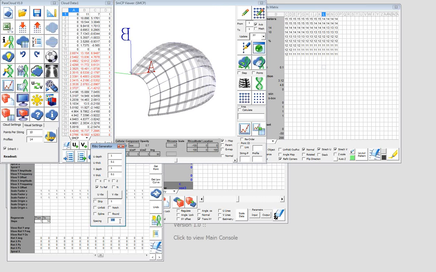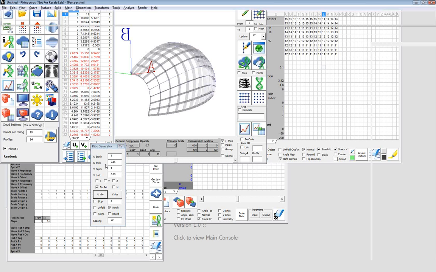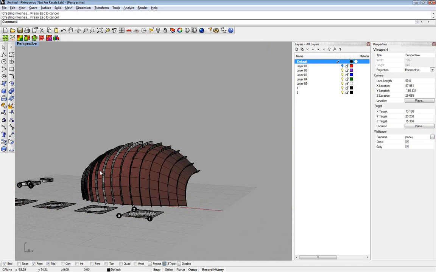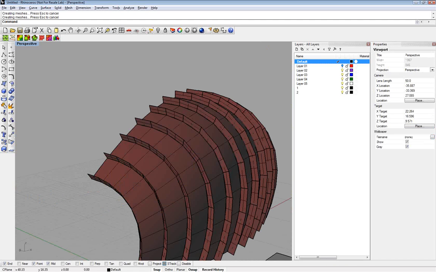So I'll put a spacing between the ribs that I wish to unfold. I can specify the thickness of my material for notching and set the notching to be automatically created. And doing that by pressing this ribs option, the U rib will now take the U direction of my geometry. You can see it here drawn on my surface,